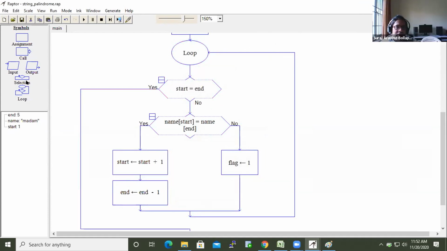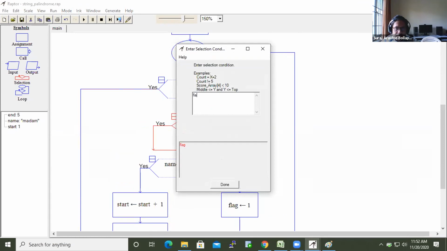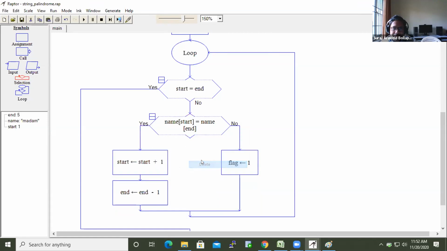I write one more if condition here. If flag equal to 0, only then, even here also we are going inside the loop. We should not go into the loop again. This will also not work.